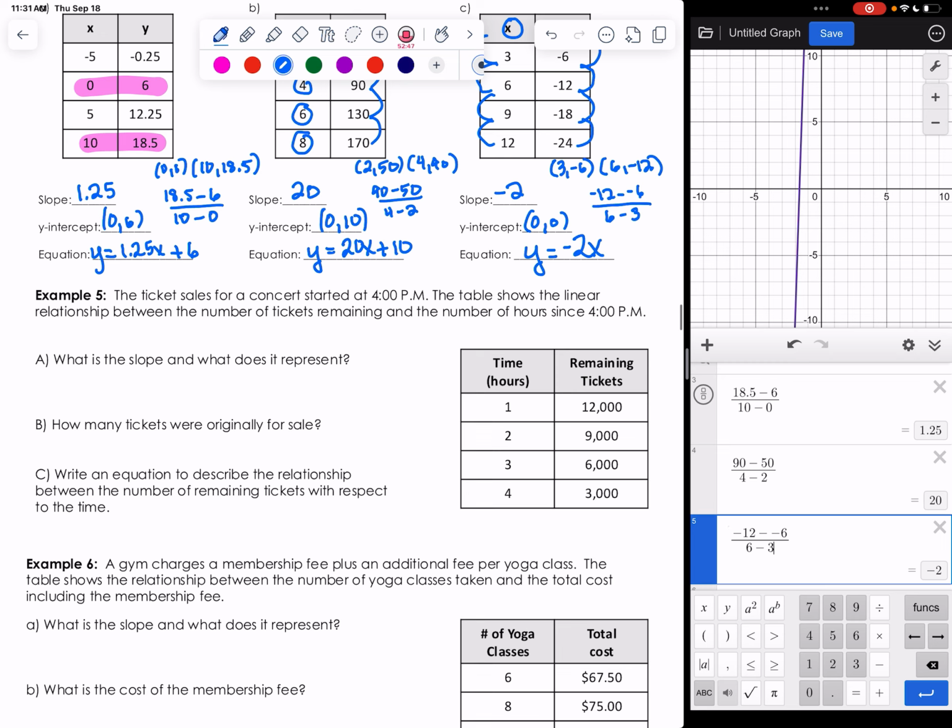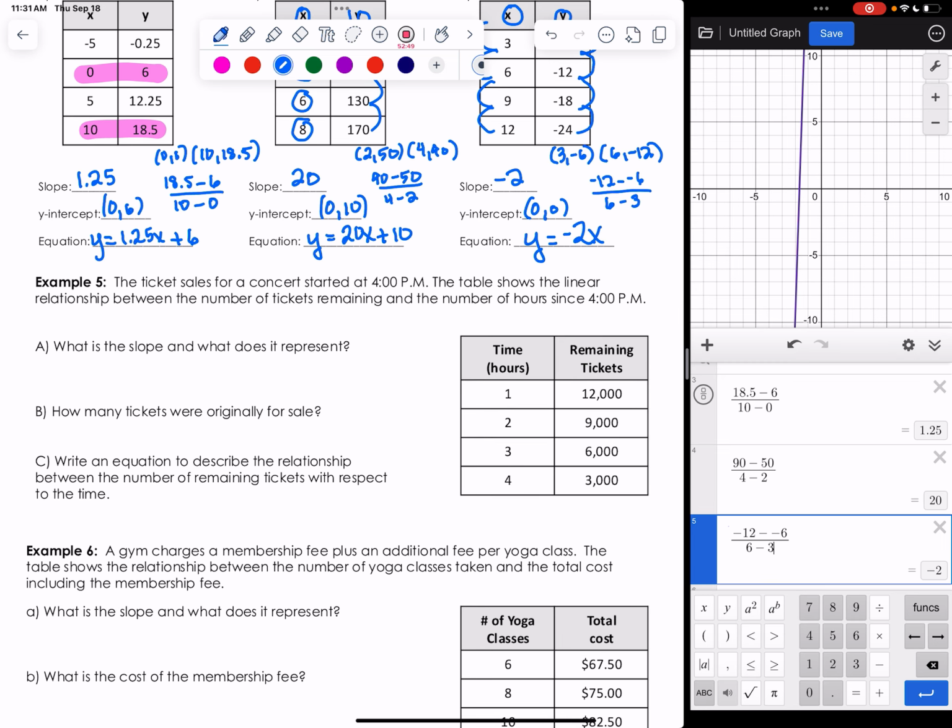All right, example 5. The ticket sales for a concert start at 4:00 p.m. The table shows the linear relationship between the number of tickets remaining and the number of hours since 4 p.m. So to find the slope, I need to just use my first 2 points. So I'm going to use (1, 12,000)